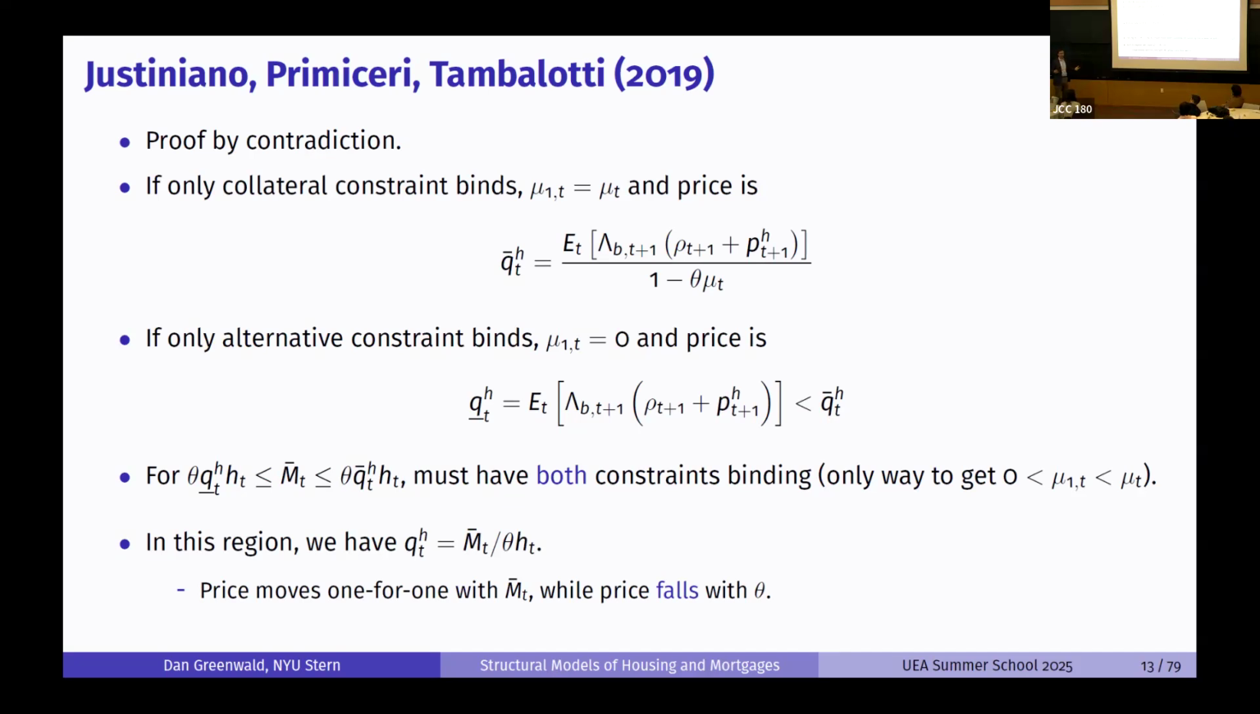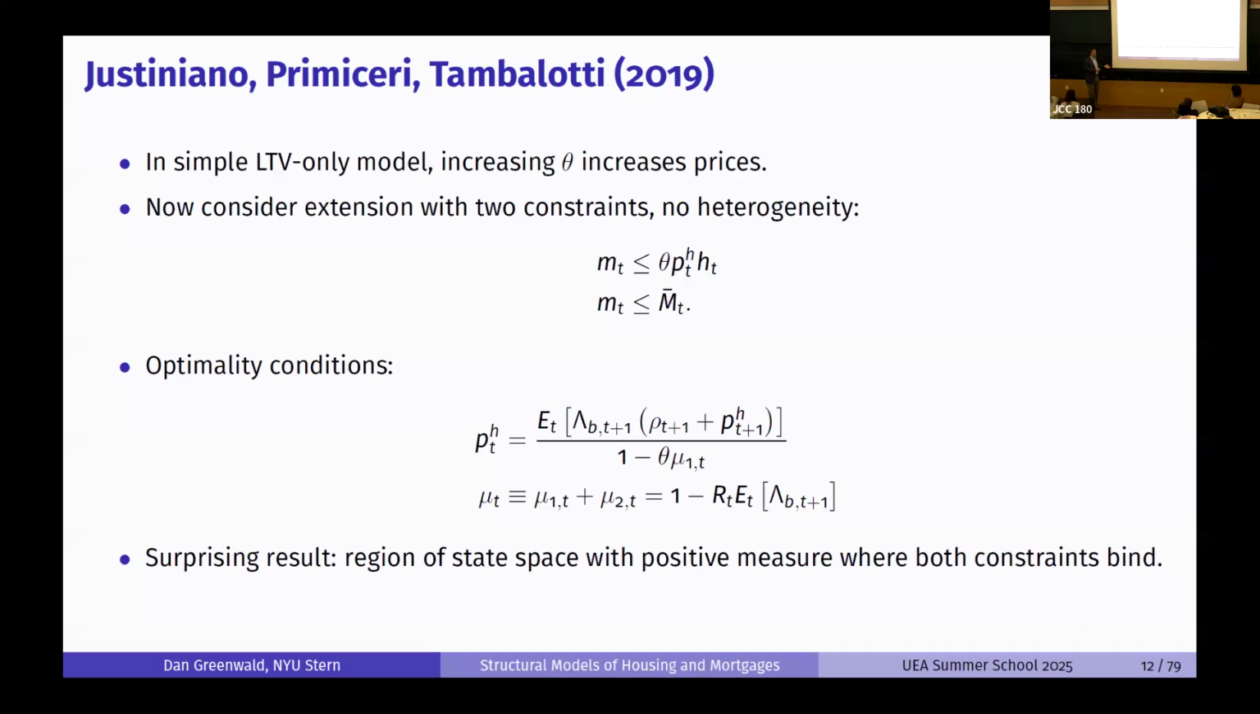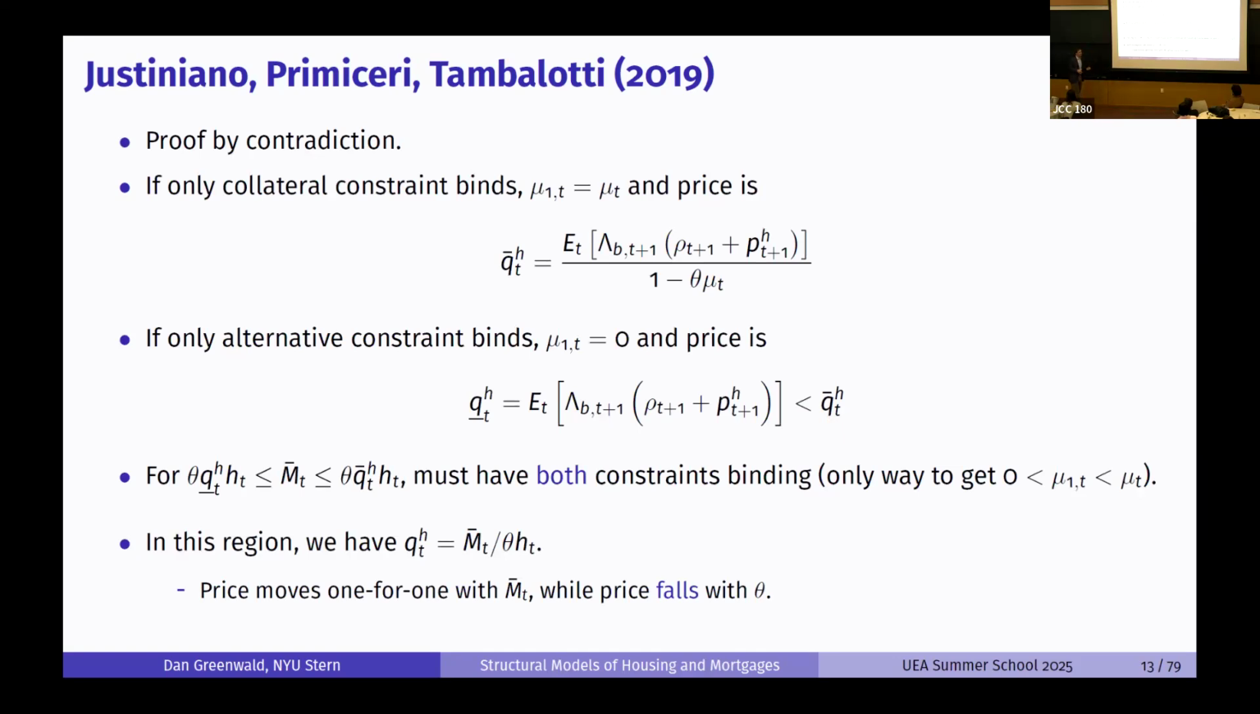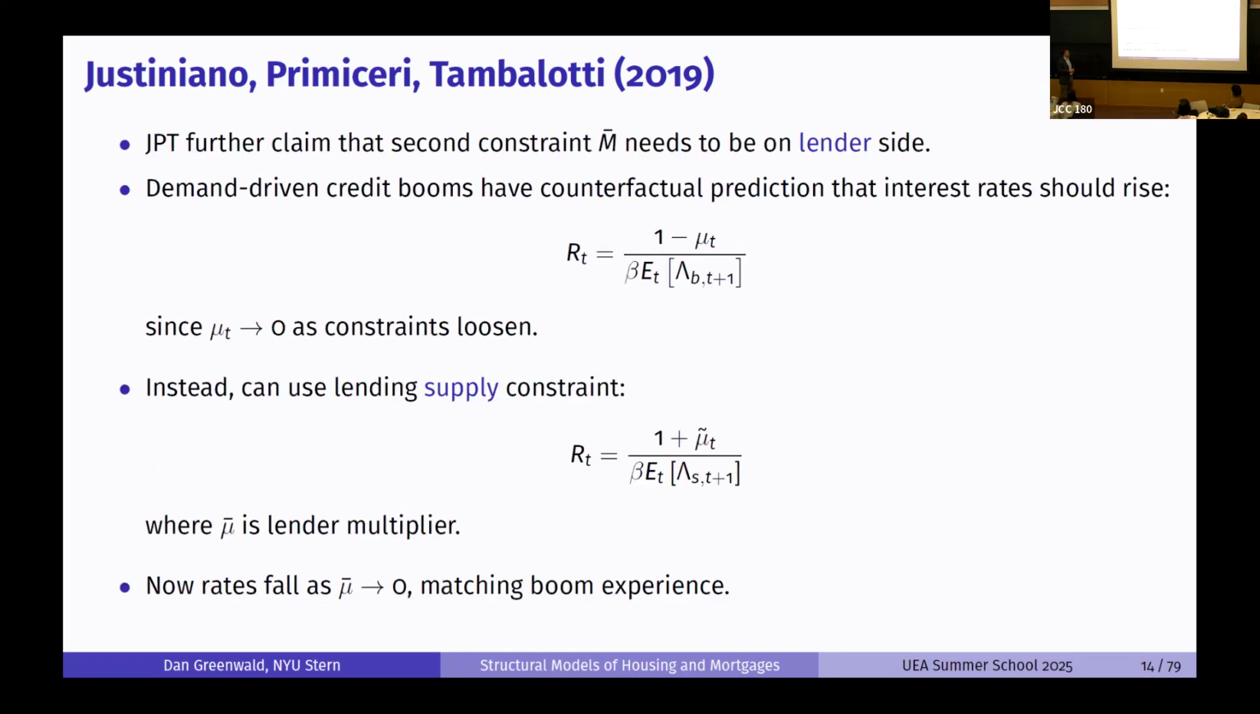So the only way you can square this thing is if mu1 is actually not 0 and it's not the entire mu. It has to be in between. But how can you do that? The only way that mu1 can be in between mu and 0 is if mu2 is also in between 0 and mu, which means both constraints have to be binding at the same time. And effectively what's happening is you have this region of the state space where in order for the market to clear,